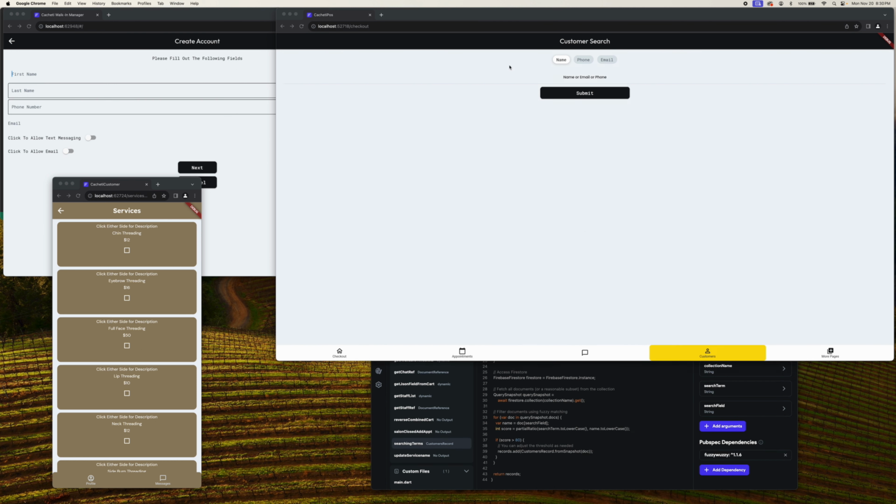Based off of the choice chip, if I'm passing in phone, it's going to search the phone number inside the customer collection, or the email if I pass in the email. So that's what that's doing there. So once it actually searches for a customer, even if I put email, as long as my name is in the email. So if I put